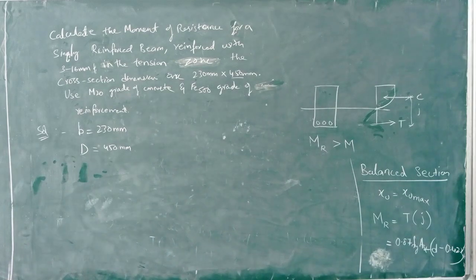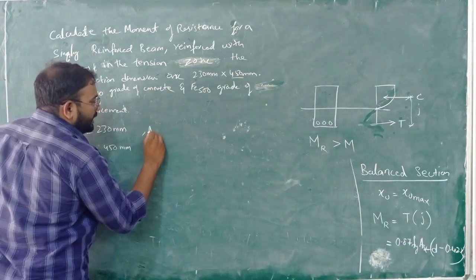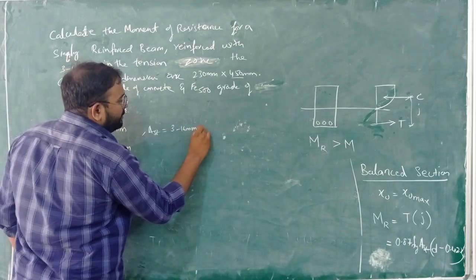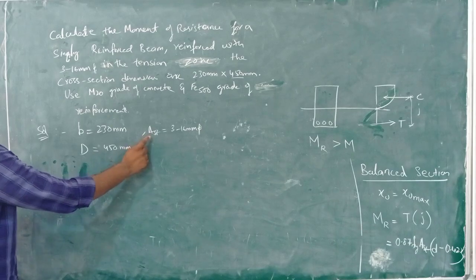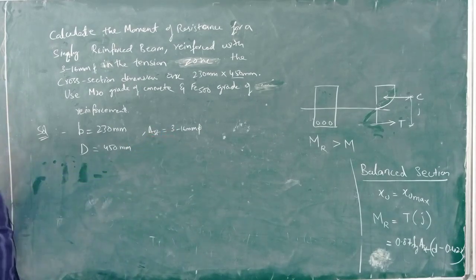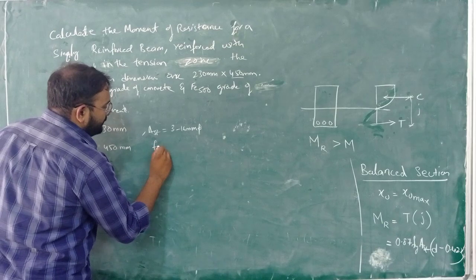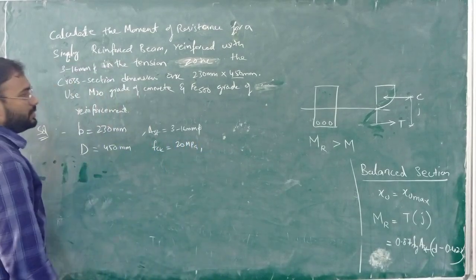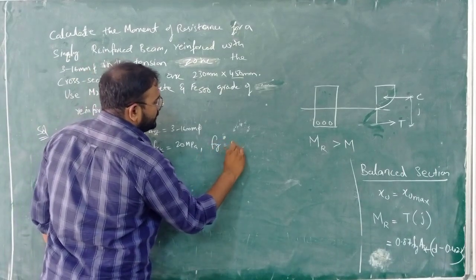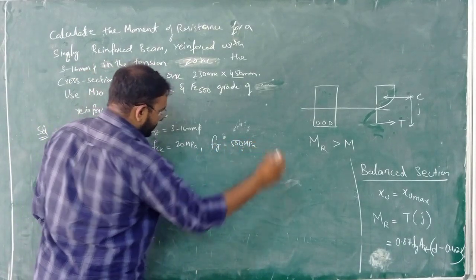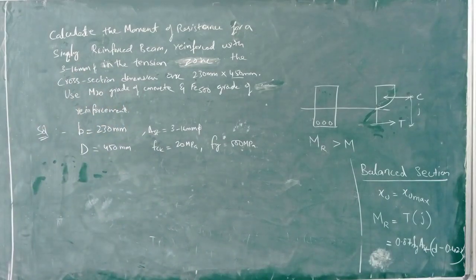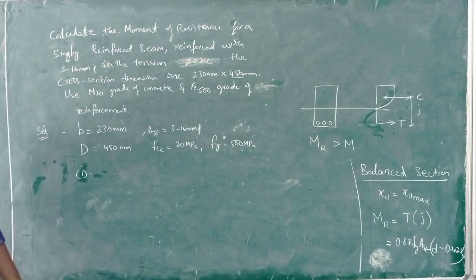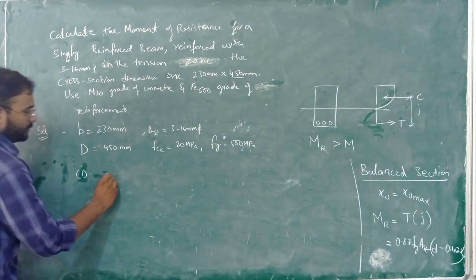Now next you have D, which in the problem is not mentioned whether it is effective or overall. Yesterday we discussed what effective depth is. Now in the problem, effective depth is not mentioned, so you need to assume that these are overall dimensions of the beam. So always go for capital D. Whenever effective depth of the beam is mentioned, then you should take it as small d, and if nothing is mentioned, it is always the overall dimension of the beam. So this capital D will be 450 mm.